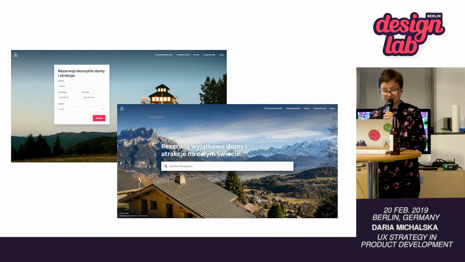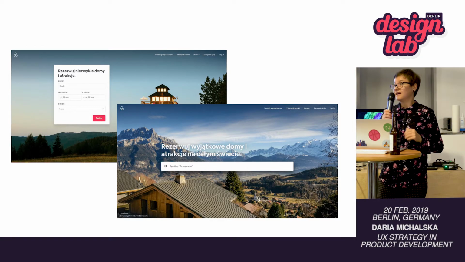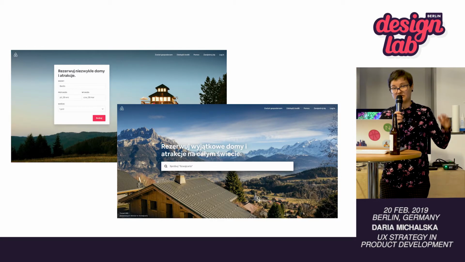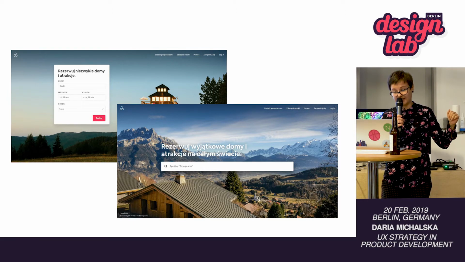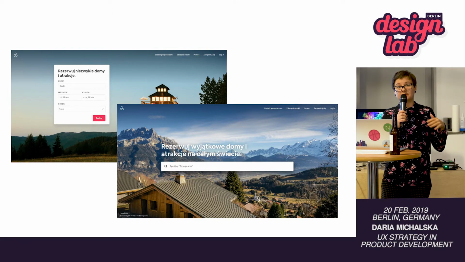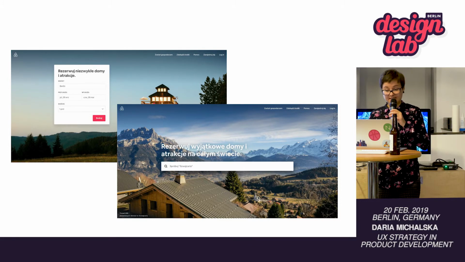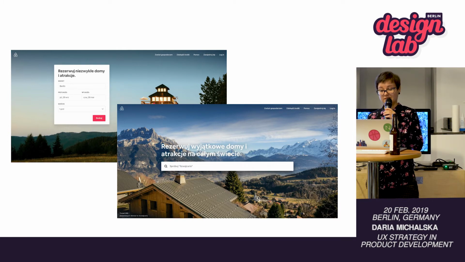Then we have some examples from Airbnb. The screenshots are in Polish, but they were taken about 2 days ago. And this is basically the same homepage, just one of the screenshots was taken from the incognito view. So Airbnb is constantly testing the landing pages to find out which layout or content and forms will drive the highest engagement. So what kind of form or landing page will make users make more bookings and spend more money